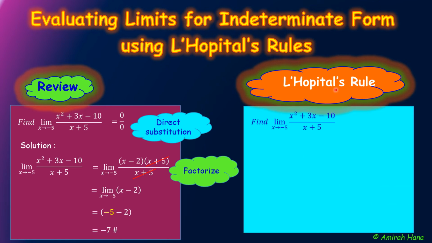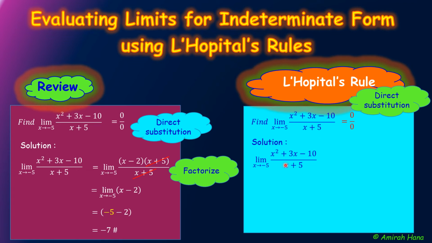We use the same question. Find limit x to negative 5 of x squared plus 3x minus 10 over x plus 5. When we use direct substitution, we get the answer 0 over 0, which is indeterminate form, which is error. So the correct method under L'Hopital rule is, from the given question,